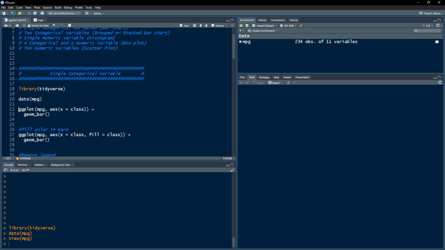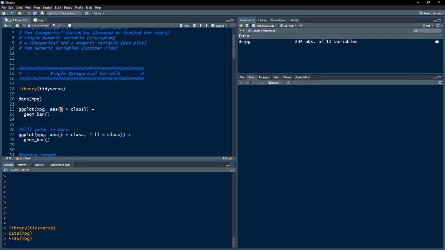Okay. So we have discussed the basics of ggplot and how to create a basic visualization in R. We are not going to discuss those basics in this video. We are going to dive into creating the categorical visualizations. So we're going to use ggplot, the data, and within aesthetics, we have just defined a single x variable. So what we want is to map this class variable